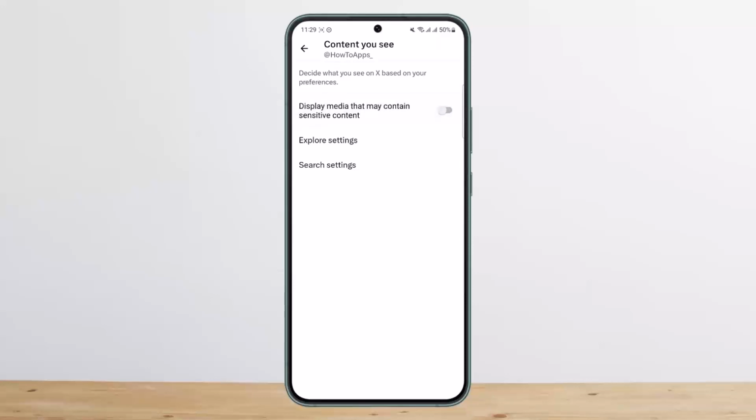If this is off, then it'll show you the age restrictions on particular videos and media on Twitter. So you want to make sure it's enabled and you'll be able to see the content without age restrictions on Twitter. So this way you can turn off age restrictions on